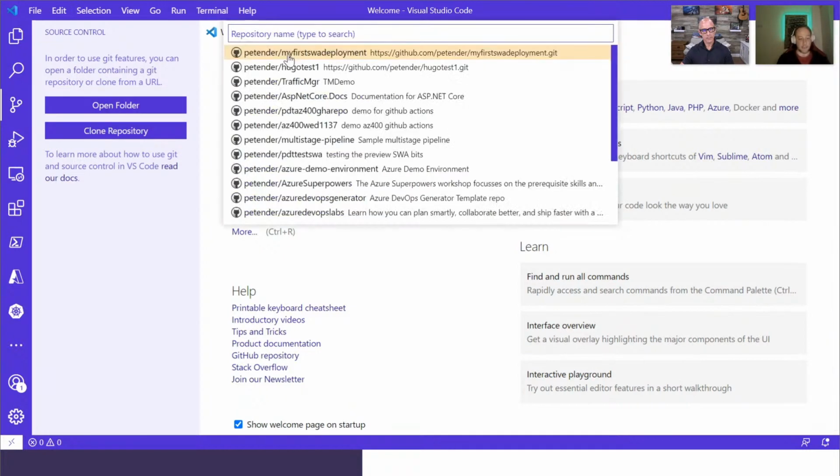Confirming, and it's going to ask me, what repository do you want me to use? Now, as you can see in the previous demo, my first demo at least, I identified myself as PE Tender. That's my GitHub account. And it automatically assumes, hey, you got all your projects, all your repos in GitHub. So probably the most logical step is that you just want to clone them to your local machine. Now, luckily, I already did that for most of my projects.